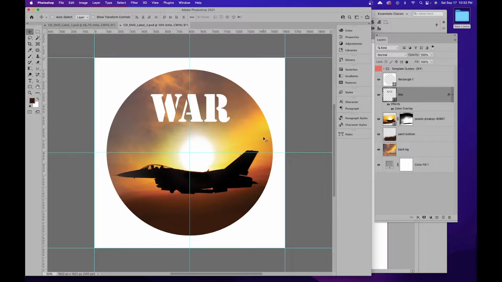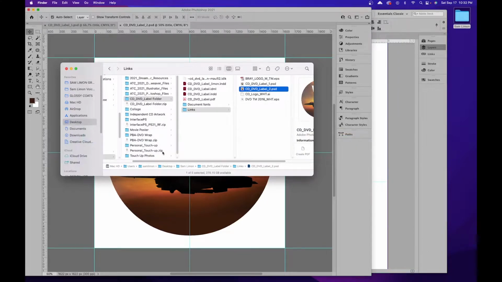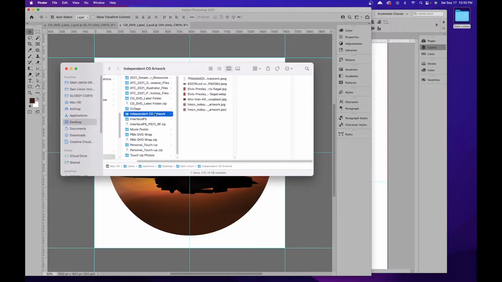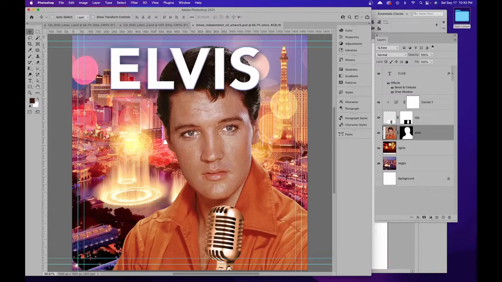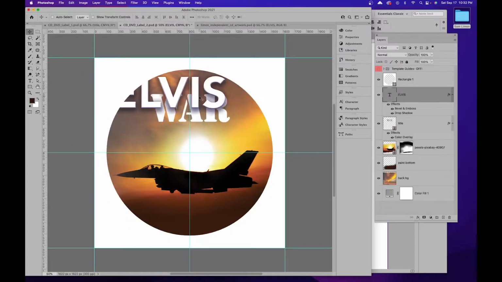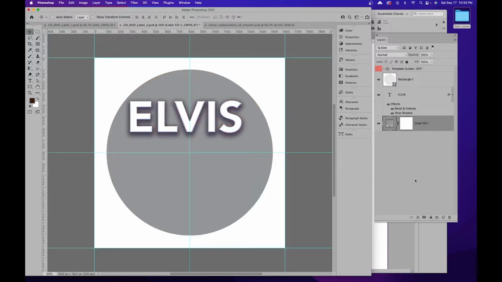Okay, so now on this one, this is going to be my music CD. So I'm going to go into my Finder, open up that file to my independent CD artwork, and look for my Photoshop document for that file. I'm just going to bring in the title that I want, and drag that around. At this point, I could delete all of these, making sure I'm on my CD label too. So I'm going to delete all these files because that no longer applies, and turn my template